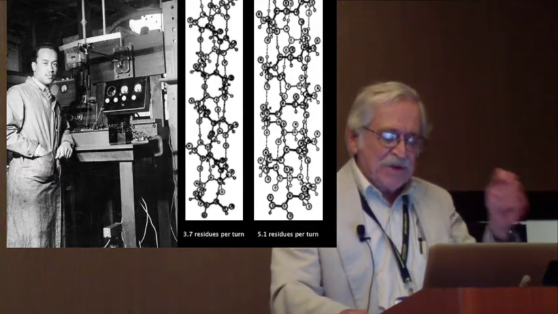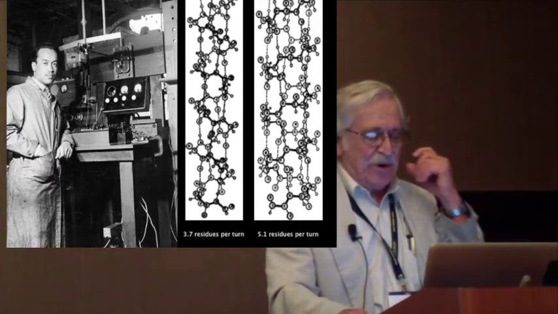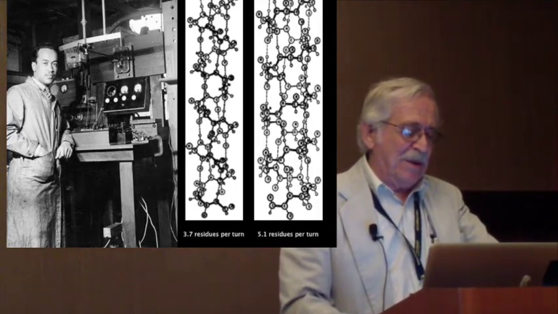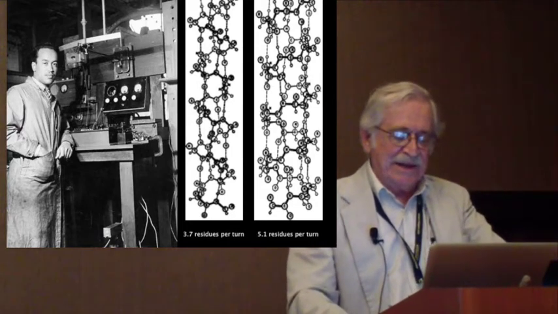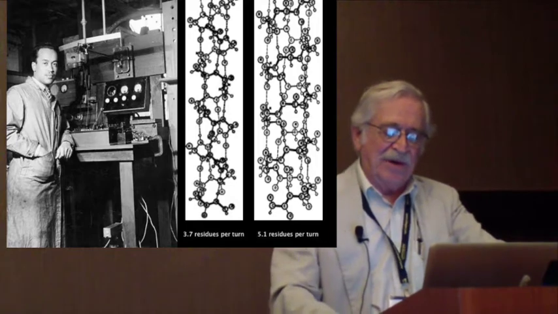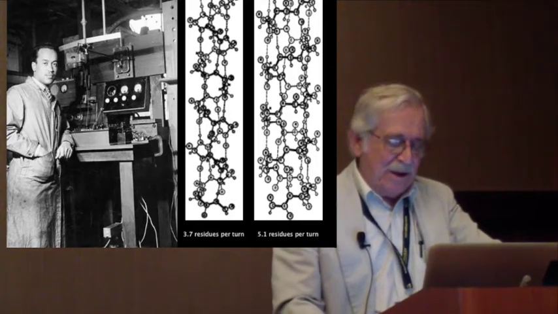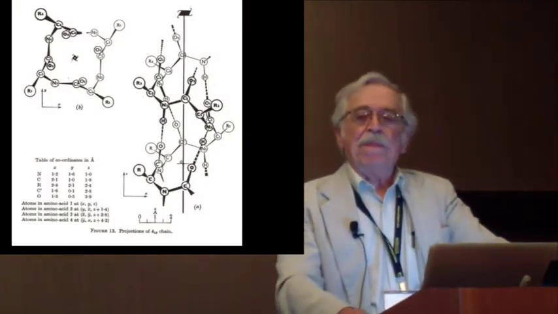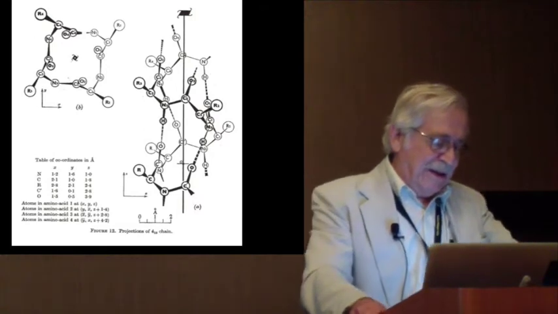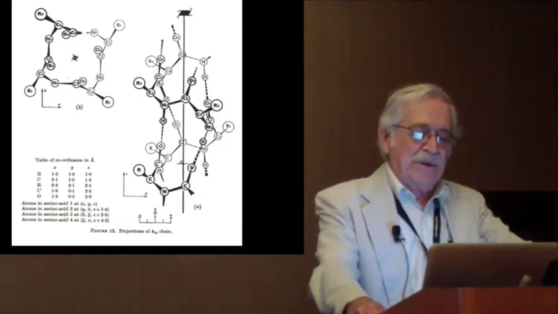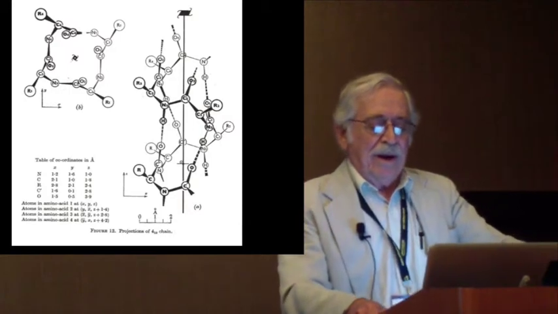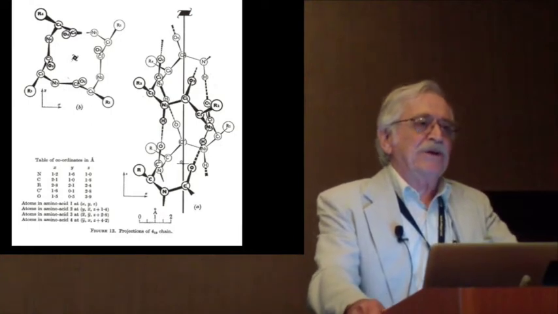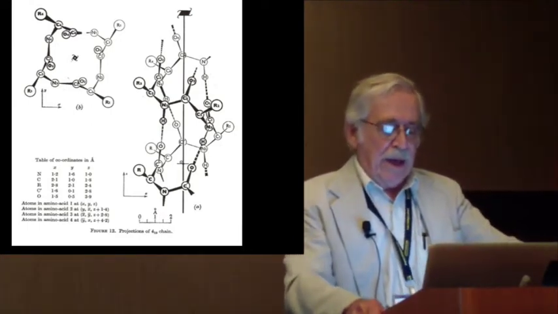So in the spring of 1949, Branson wrote up his results and went back to Howard University, and then nothing much happened for a while. But back in Great Britain, Bragg decided that it was time to try to explore all the possibilities for folding up a polypeptide chain to account for Astbury's